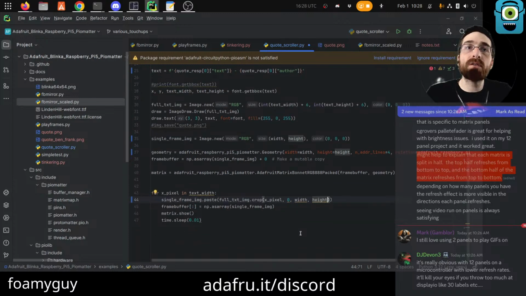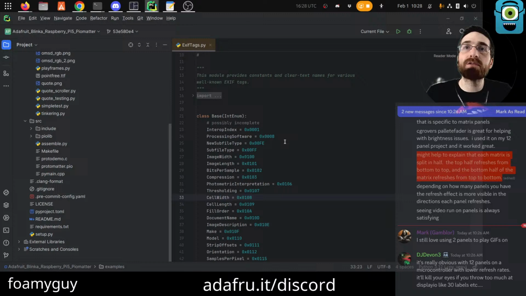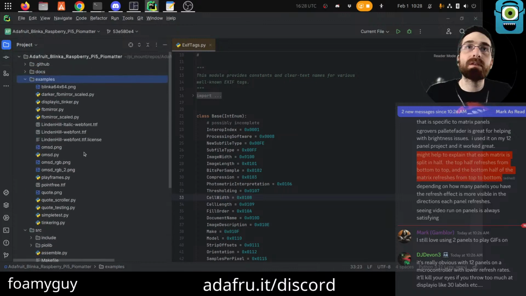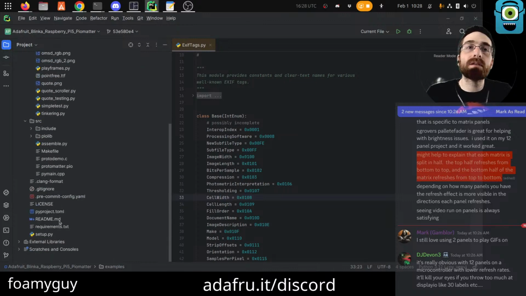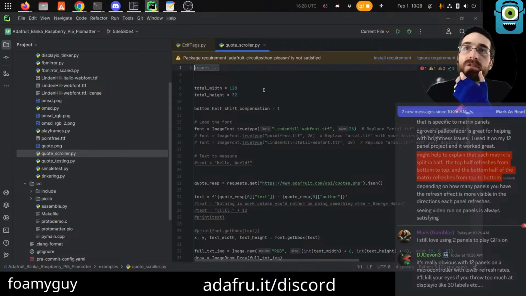Oh, I'm in the wrong repo. This is the danger. I should close one. Okay. This is the one that is on the Pi. And actually, if I look inside quote scroller here, it does actually already have some of this stuff started.